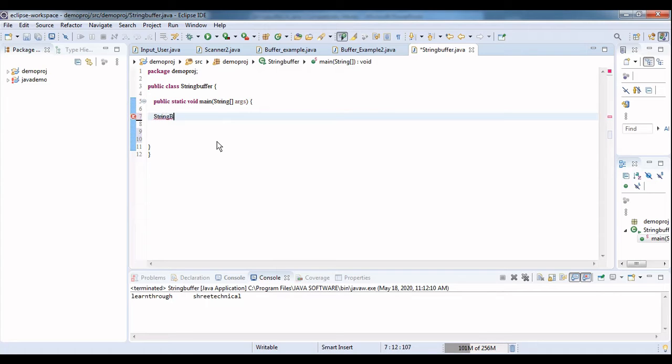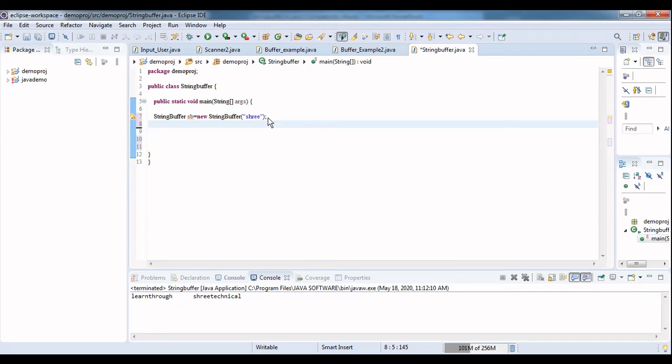Since it is a class, the first letter is capital, as well as the second word's first letter. StringBuffer sb equal to new StringBuffer, Sri technical. Okay, I have Sri technical. Next, I want to add trainer to this.